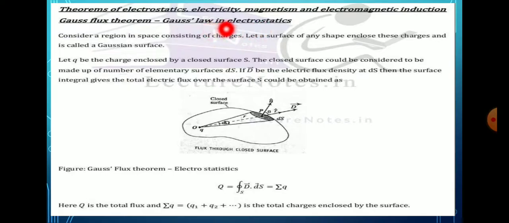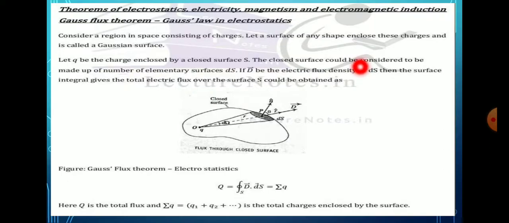In that, the first law of electrostatics is that like charges repel each other and unlike charges attract each other. The second law is that the force is directly proportional to the product of their charges, and inversely proportional to the square of the distance between them, and inversely proportional to the absolute permittivity of the surrounding medium. These statements are given by Coulomb's law.